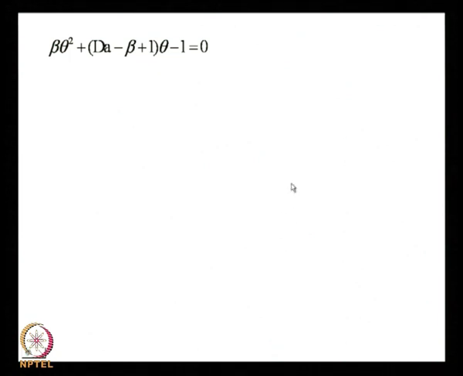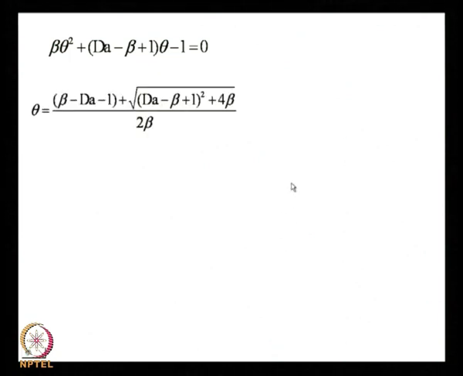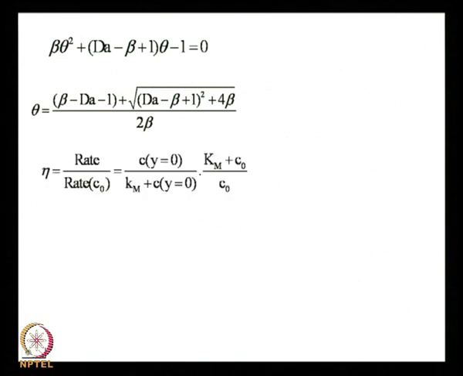Fine. So, once you solve this, this is your expression for theta: beta minus dA minus 1 plus the square root of (dA minus beta plus 1) square plus 4 beta, all over 2 beta. The reason you neglect the other root is because it is not feasible, it is not in the physical regime. Right. So, then what you are supposed to do is find the rate,